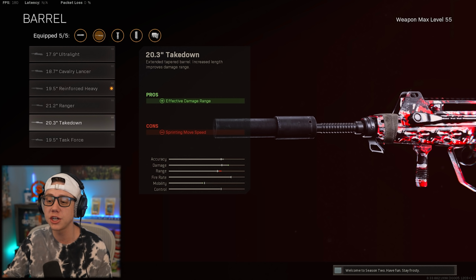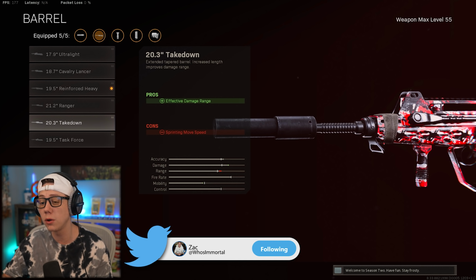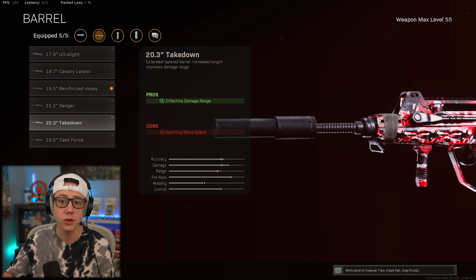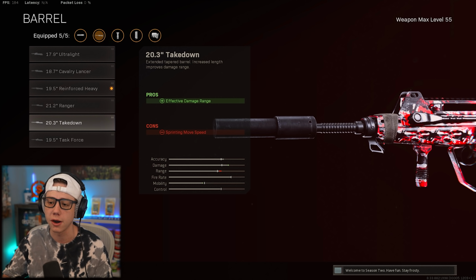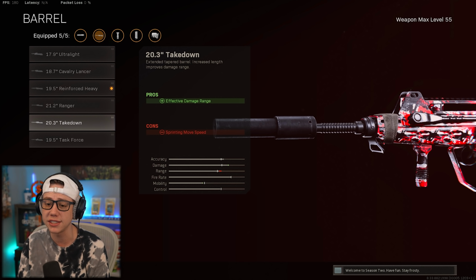And the takedown barrel actually would increase your range or your velocity, since they're obviously correlated, and then also your strafing speed as well. So you'd be a little bit faster. That'd be a huge bonus to have. You could tie that in with B-hops, and if you had good movement, the takedown barrel was an incredibly effective attachment on the FFAR. Obviously now, though, it no longer has that strafing speed pro, and instead, that has been